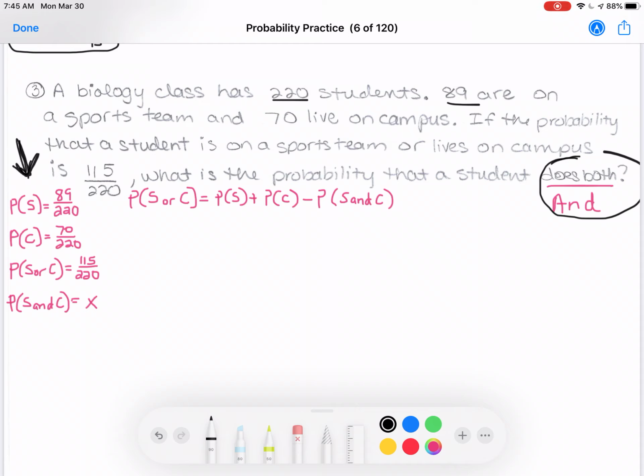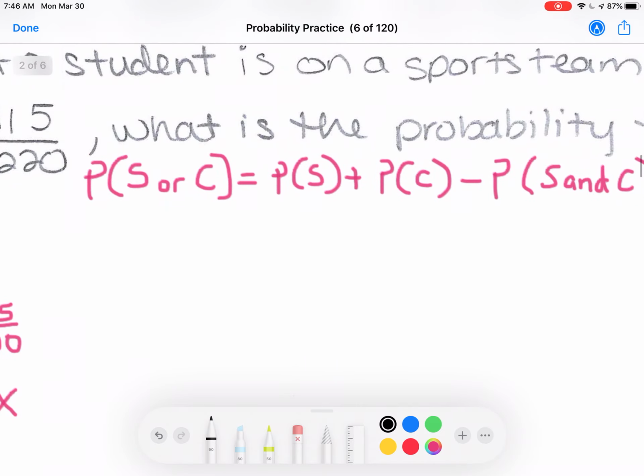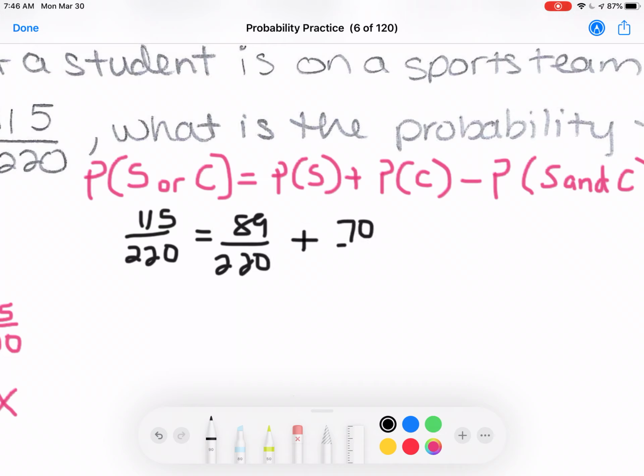So after you make all your info, you can see that you have S, you have C, you have OR, and you want to find AND. So we can actually use the OR formula to find AND by just substituting in the information that we have. Okay, so again, I'll just zoom in to copy so it's neat. So it's going to be 115 over 220 equals 89 over 220 plus 70 over 220